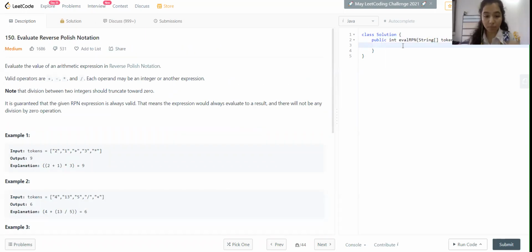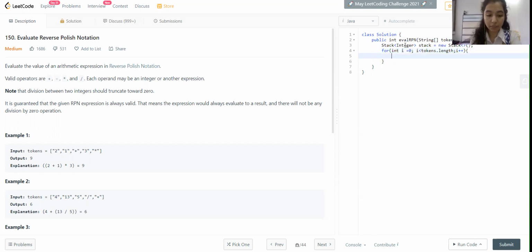Now let's try to code this up. Firstly, we're going to create a stack of integers because we're going to return the top element of the stack as a result. Stack equals new Stack. Then we iterate through the array of tokens: int i equals 0, i is less than tokens dot length, i plus plus.